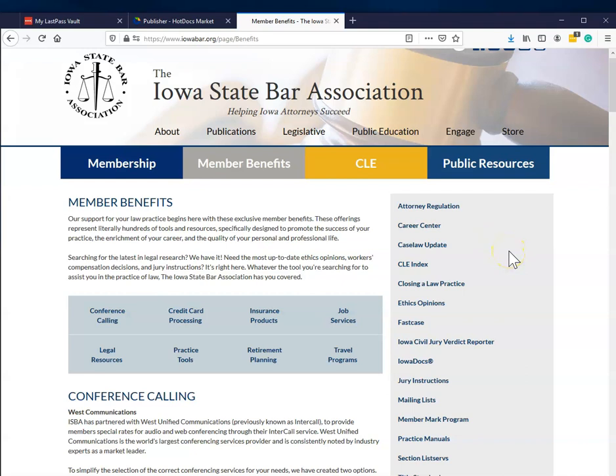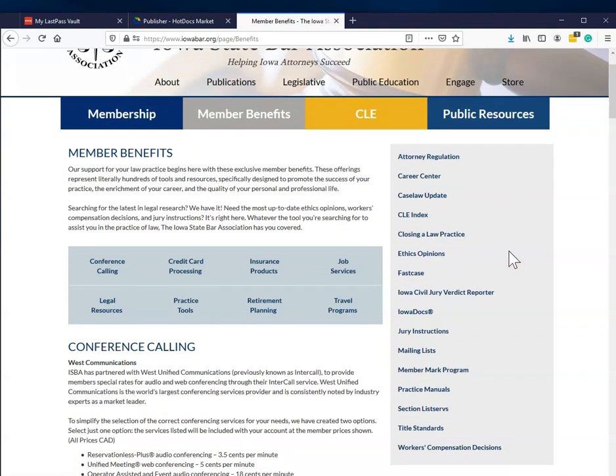A few of the specific items I really want to point out are some in-house databases that we've built. One would be the CLE Index, the Ethics Opinions, and the Iowa Civil Jury Verdict Reporter. These are databases that we built in-house in a program called Lotus Notes. I believe in the sheet that Professor Edwards has provided you, there's a search help to help you navigate